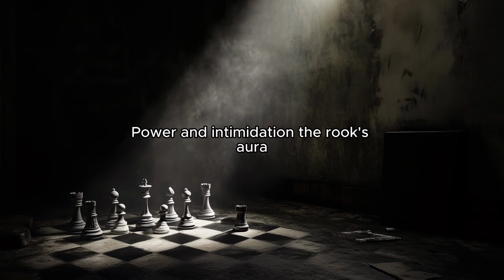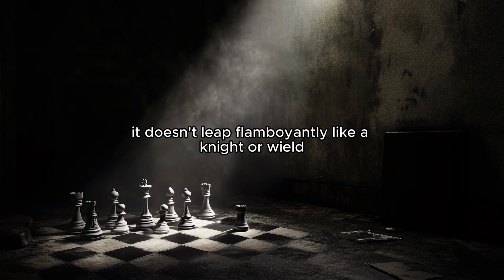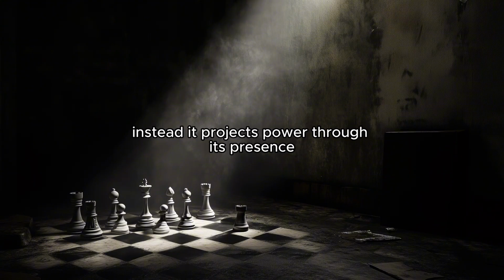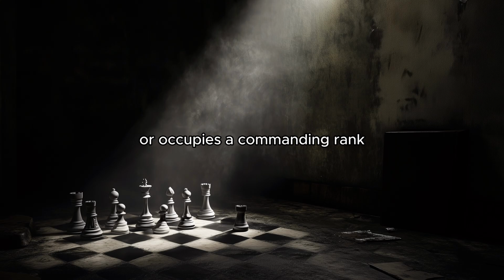Power and intimidation. The rook's aura. The rook exudes a silent authority. It doesn't leap flamboyantly like a knight or wield the sweeping dominance of a queen. Instead, it projects power through its presence. When a rook stands on an open file or occupies a commanding rank, it becomes a constant threat, a weapon